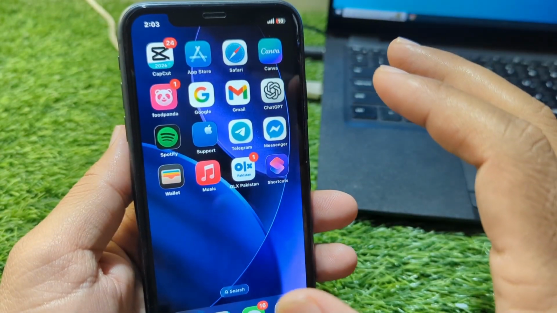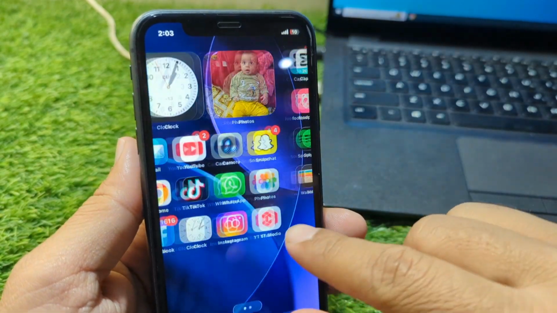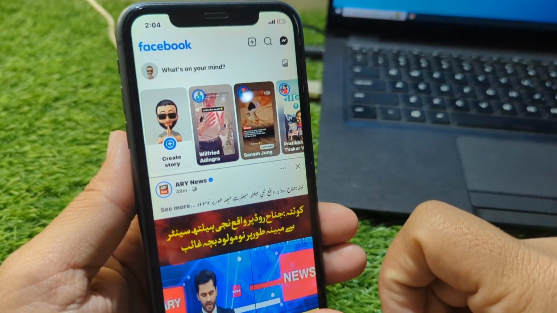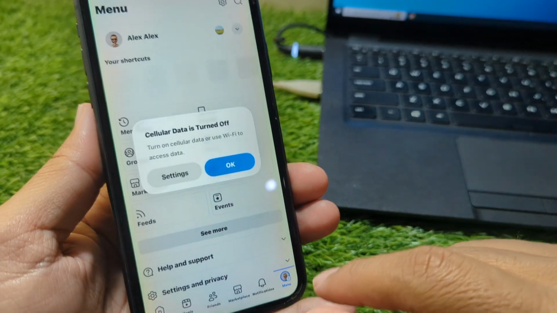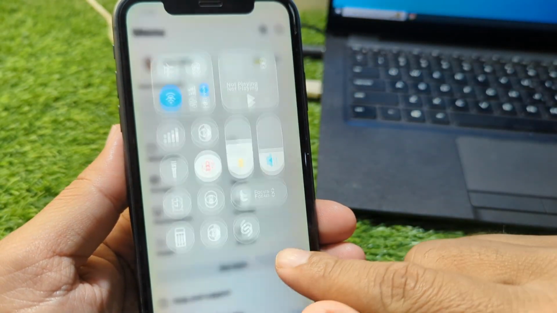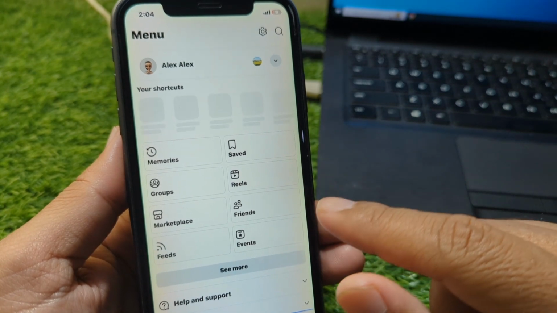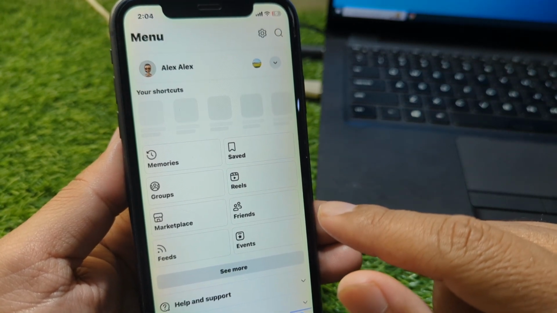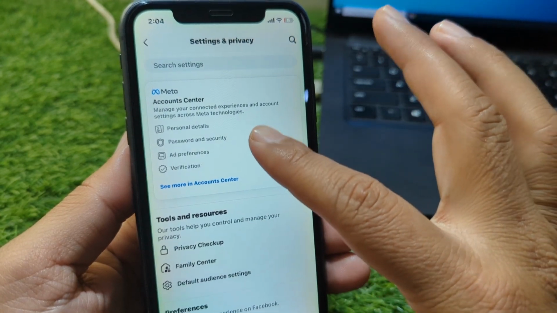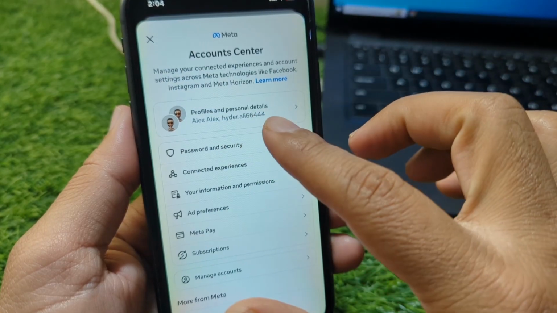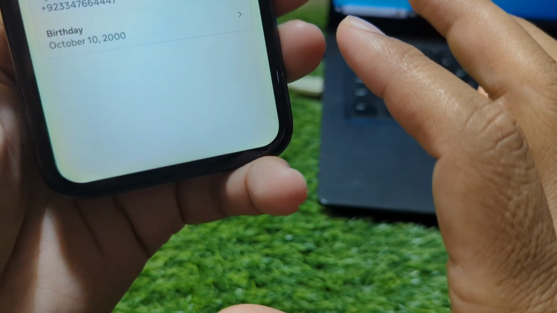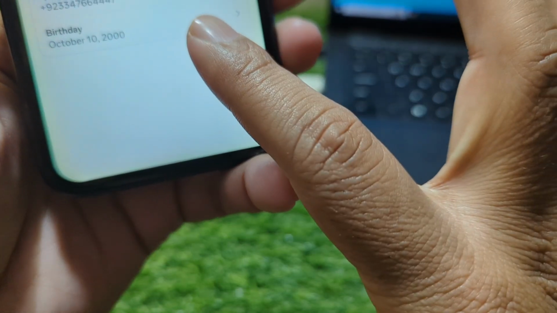So guys, first of all, go back to your home screen and now open your Facebook and then go to your settings and turn on your internet connection first. And once you are here, you have to simply tap on settings button and then go to personal details, and from here tap on profiles and personal details, and from here tap on birthday,